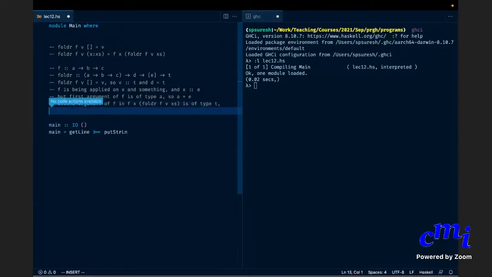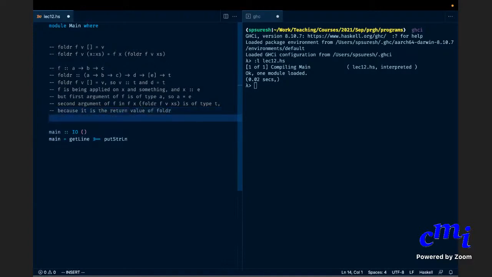Because it is the return value of foldr. But the second argument is also of type B. So B equals T. So combining all this, what about C then?